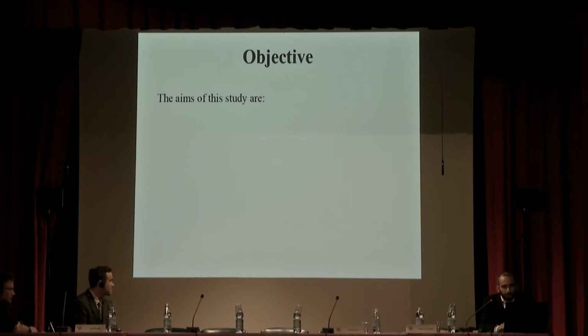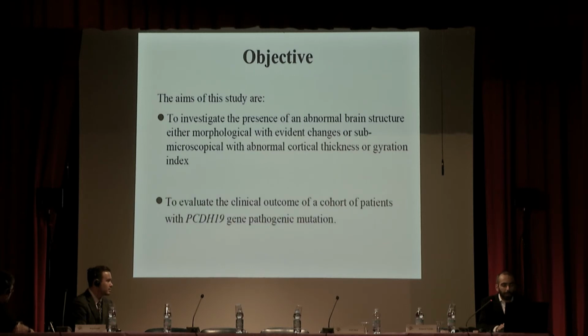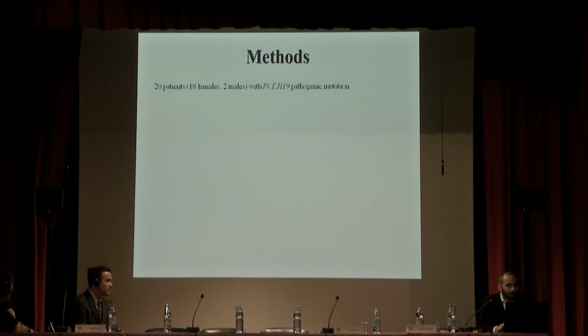The aim of our study is as follows. Firstly, to investigate the presence of an abnormal brain structure, either morphological defects that are visible using standard MRI, or minimal defects which have to do with the gyration or thickness of the cortical region. And then the other aim is to evaluate the clinical outcome of a cohort of patients with PCDH19 gene pathogenic